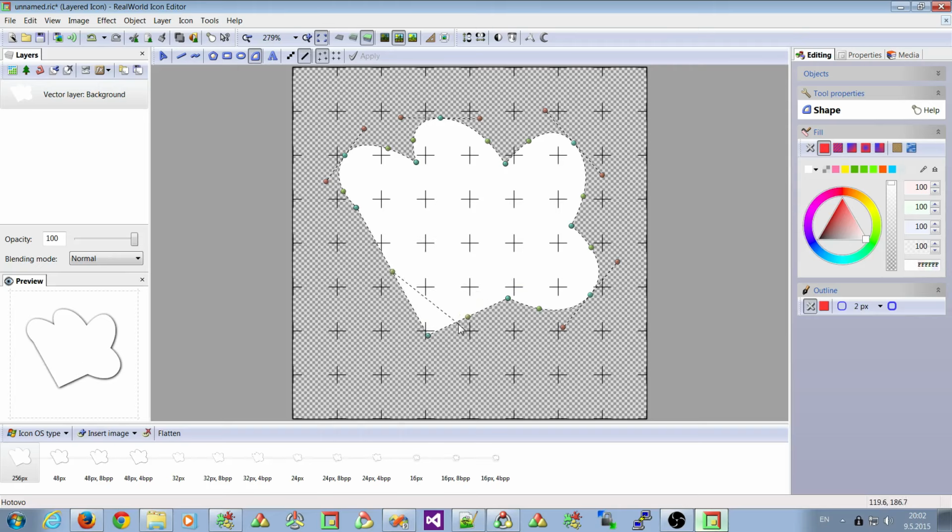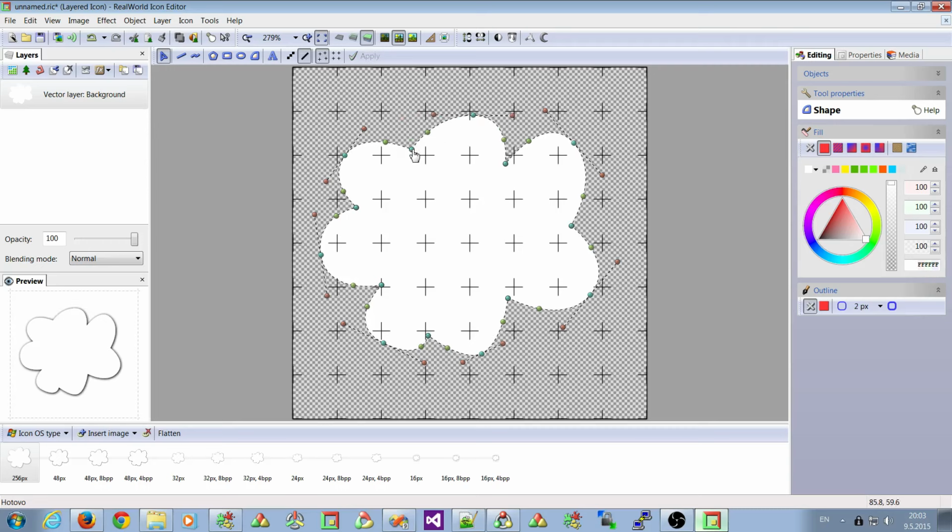Well, one more. It is not very nice, so let's change it a bit. So you can see that all the images are changing as I am editing the source image,